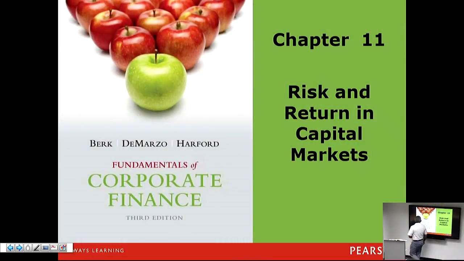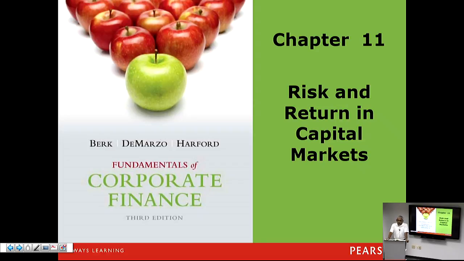We will get started with Chapter 11. Chapter 11 and Chapter 12 both deal with the notion of risk and return in capital markets. When we invest in any investment choice that we have, a stock or a bond, for example, we invest anticipating